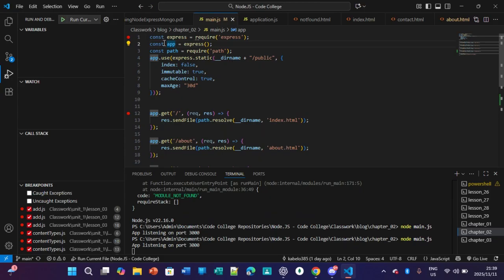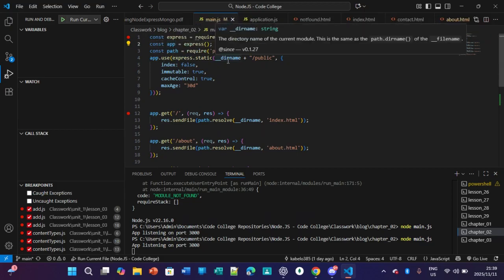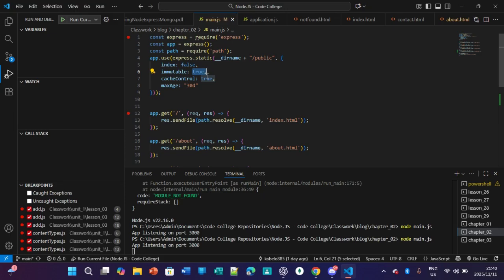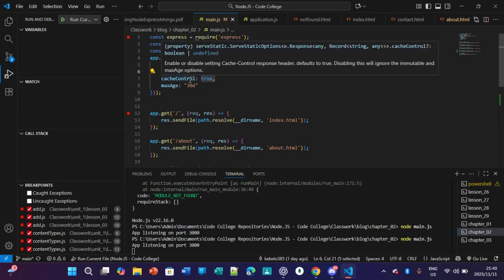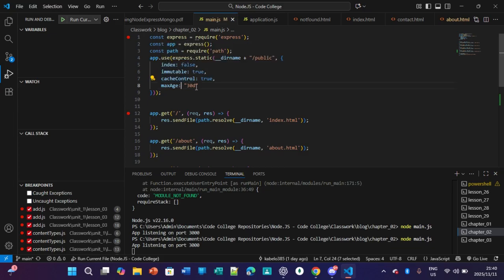So const express equals require express, const app equals express, const path equals require path, app.use express.static directory name plus public, index false. So you've got a boolean there for whether it's immutable or not, which is true, then cache control, which is true, maxAge 30d.